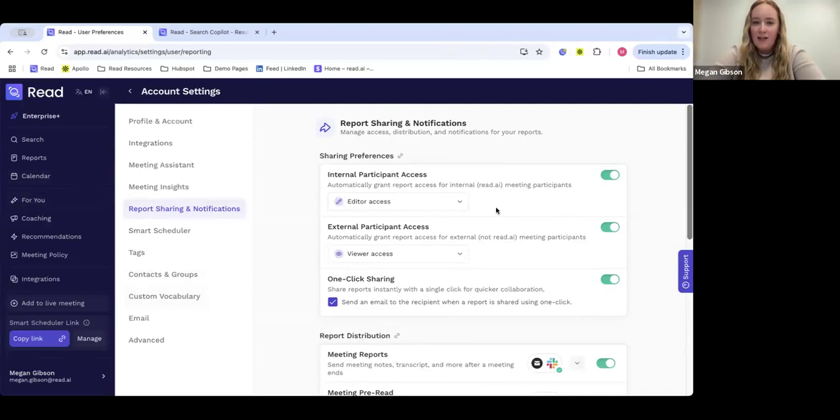Definitely. Sienna, you want to show what our main reports look like? Yeah. Once you configure your settings, as Megan just showed, to determine what meetings you want Read to join, we'll join your calls automatically or manually just by you starting the meeting. From there, we'll join as an attendee, which you can rename and humanize a little to familiarize your meeting attendees with the fact that there's a meeting note taker present. In our case, we might name it Read AI meeting assistant notes, or Megan might name it Megan's assistant or something like that.